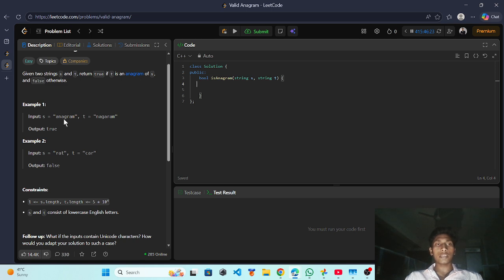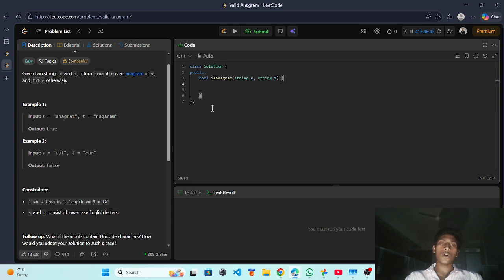Suppose the letter a appears 3 times in string S and 3 times in T. Just like that, we have to count the number of letters of the strings.